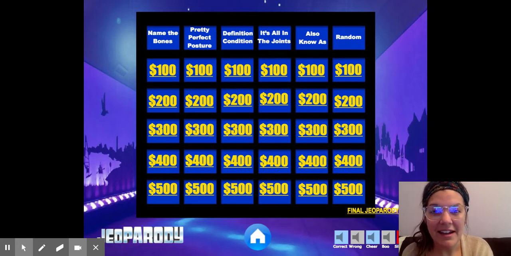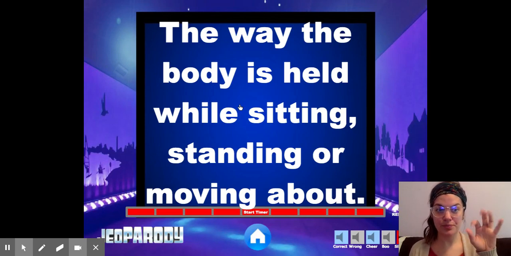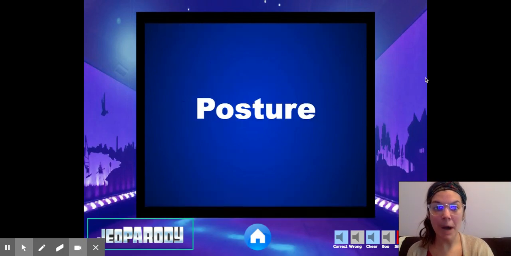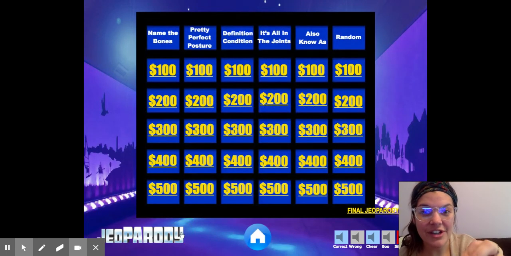Okay, let's see. Let's do definition condition for 200. Alex? The way the body is held while sitting, standing, or moving about. What is that called? The way the body is held while sitting, standing, or moving about. Answer? Posture. That is the definition for posture. Okay, that was 200. So if you got it right, you get 200 points. If you got it